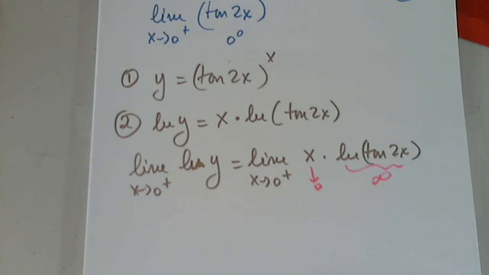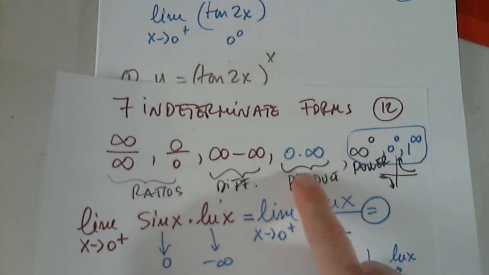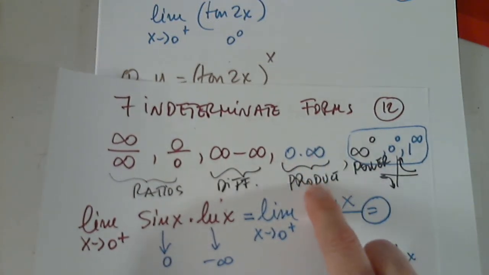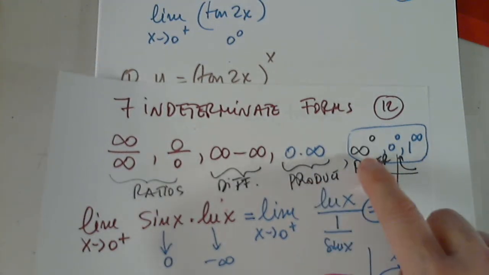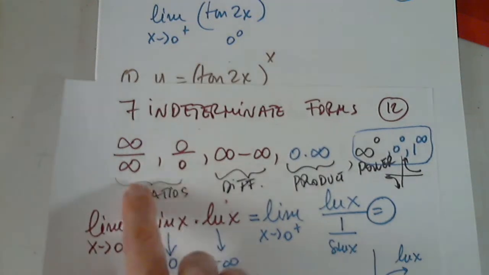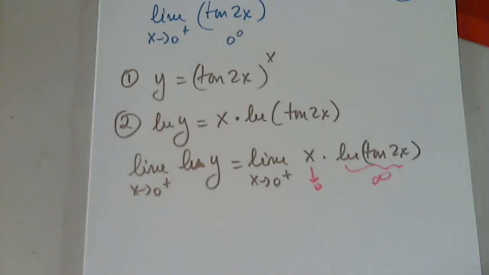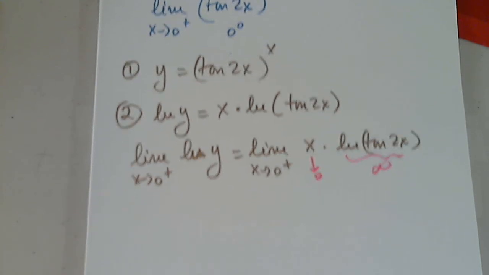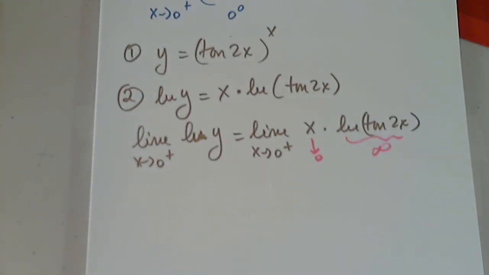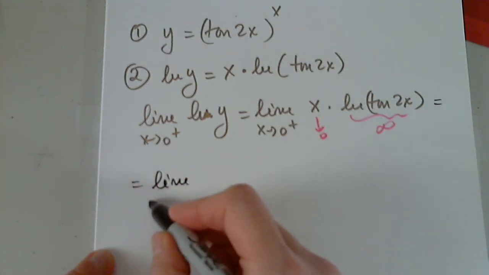This is a great achievement. You can say, I don't see it. Yes, it is. We managed to change the power into a product. The product normally requires an algebraic manipulation. As long as I can get away from this to any of these, specifically, I prefer these two, but even this one is better than these, it's okay. I only need now to come up with a small algebraic manipulation, and I already found it,